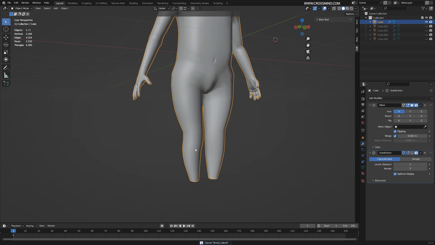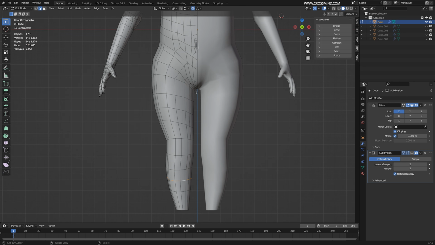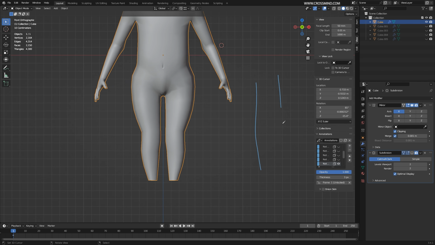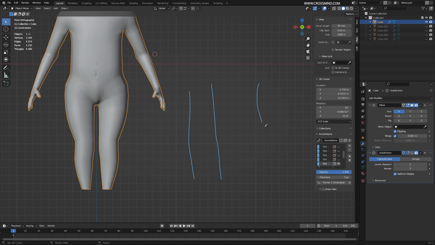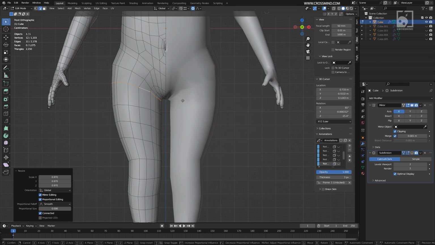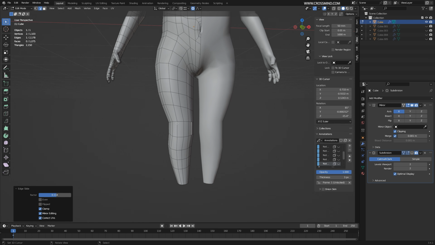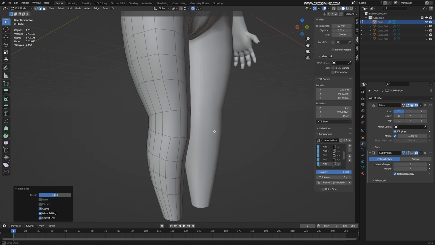So making legs is not a difficult task, but what's difficult is to understand the formation of the leg. So legs are not like this. It's not a straight formation. From the hip, it goes down like this slightly, and then there's a knee part, and then there is a bit more formation like this, and then there is the foot. So this you need to understand a little. It's never enough how much thought you put into anatomy of a character, but it doesn't matter whether you're making a realistic character or a stylized character. For simple things like this, there's always a similar sort of structure which needs to be